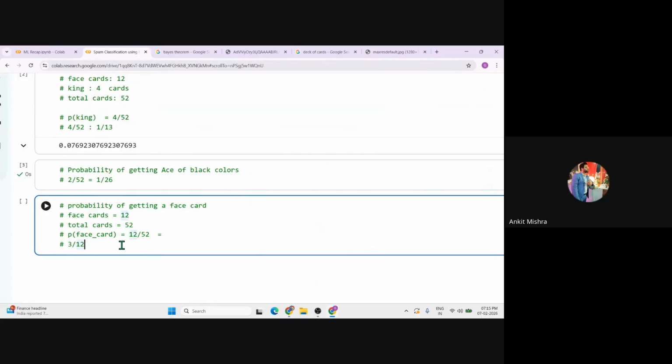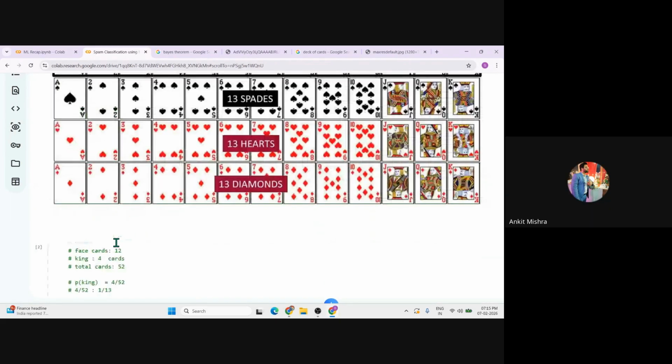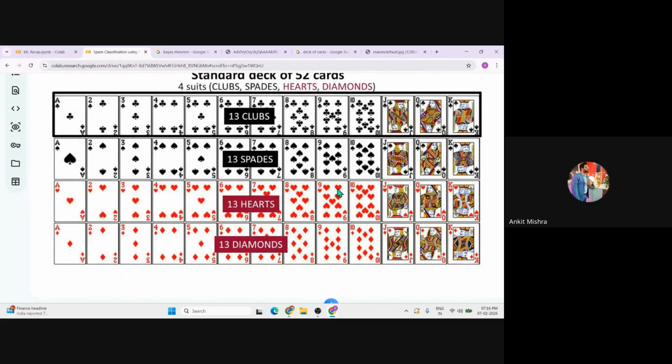Now this is just a basic probability, right? Let's ask another question. What is the probability of getting ace out of all cards? Now we know that we have 4 possible aces, and the total cards are 52.